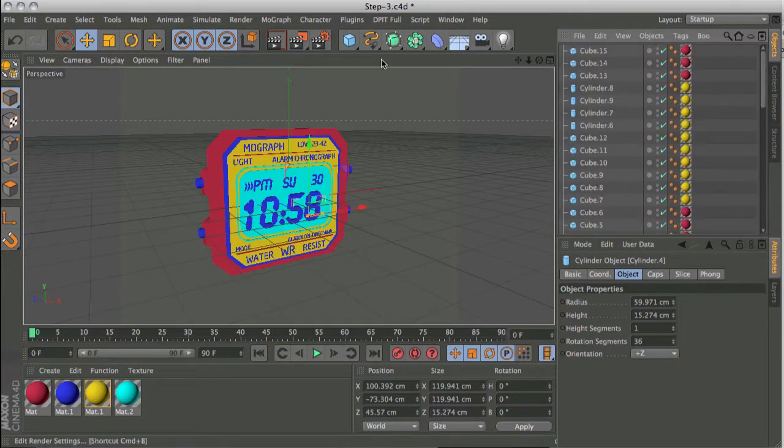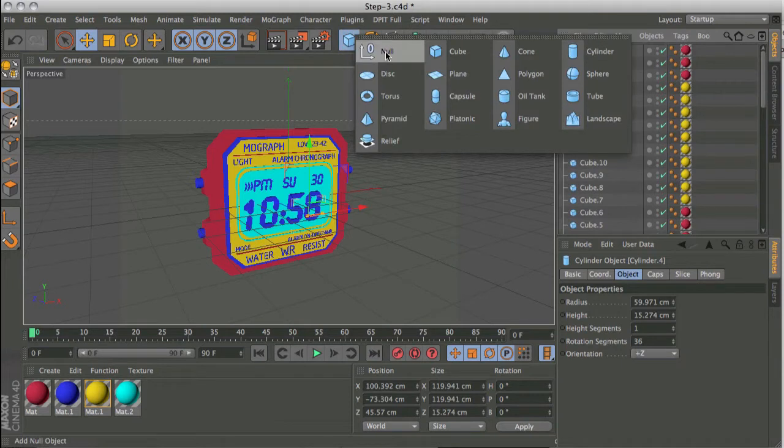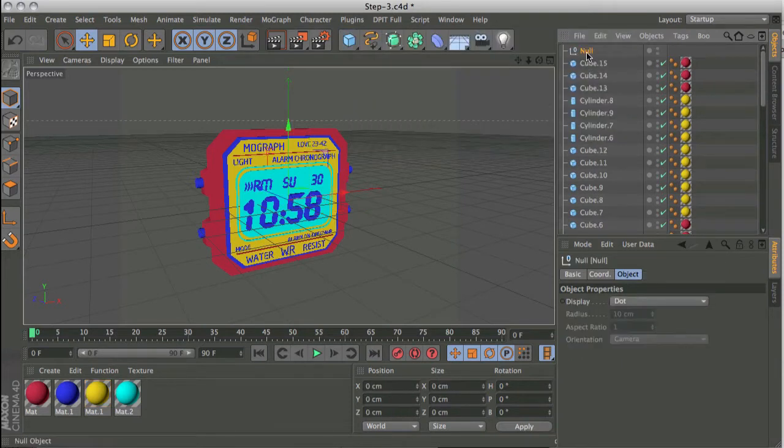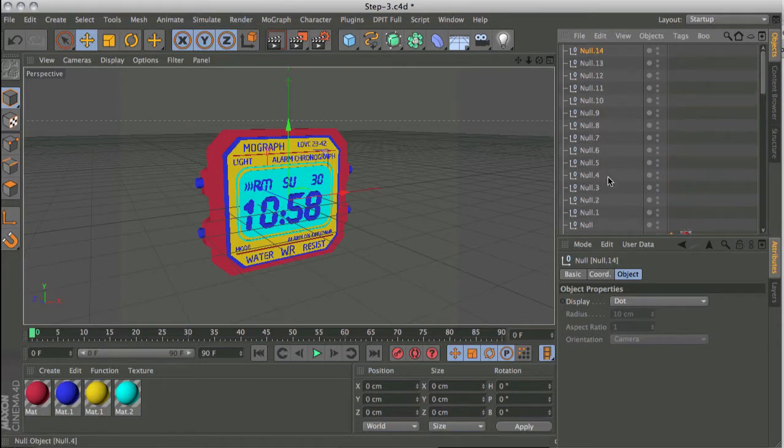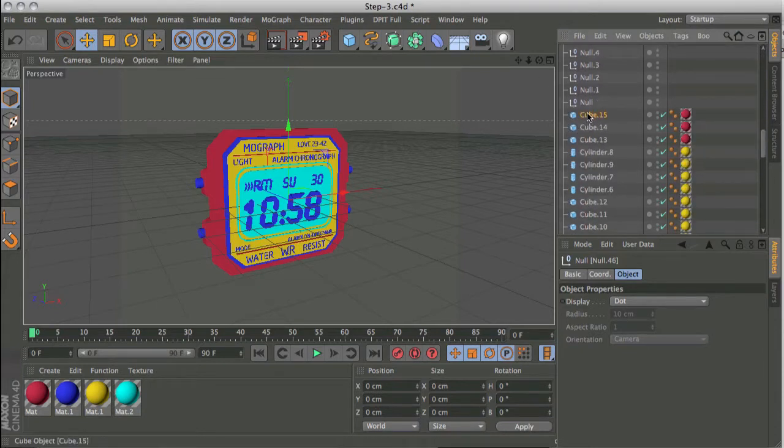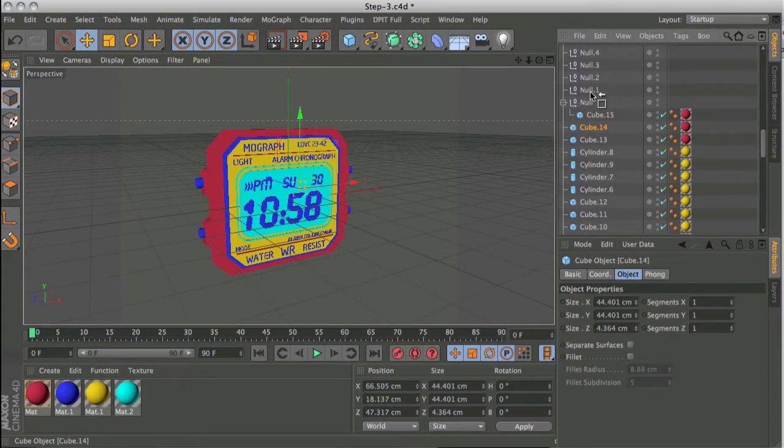Now this might be quite annoying, but what I did is that I added a null object. I copied the object and then duplicated or pasted the object many times. Let's add 40 of them, I don't know how many there are, but there might be about 50 elements here. And then I just went and dragged each of the elements under the null object,